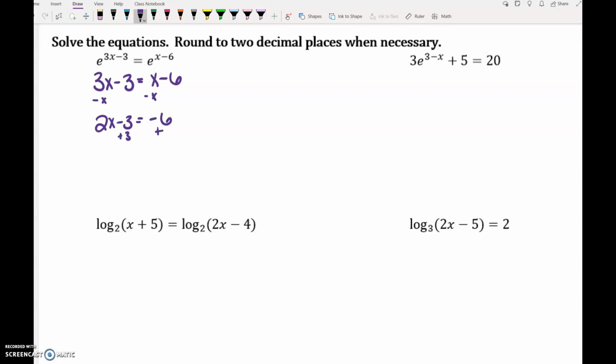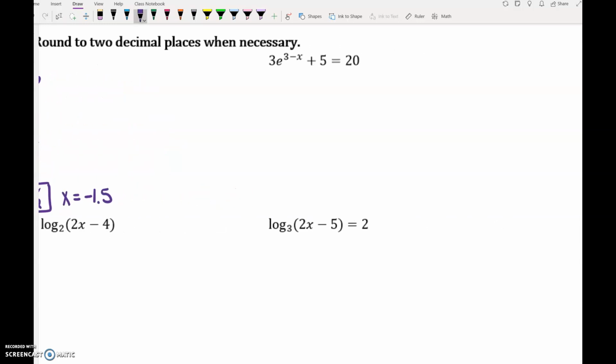And then we add 3 on both sides to get 2x equals negative 3. So x equals negative 3 halves, or negative 1.5. EdSite is set to accept negative 3 divided by 2, or negative 1.5. So either way that you want to write that answer is totally fine. The next one,